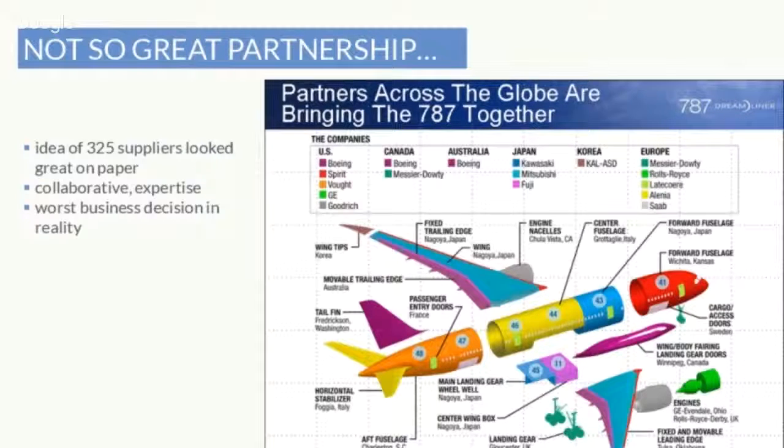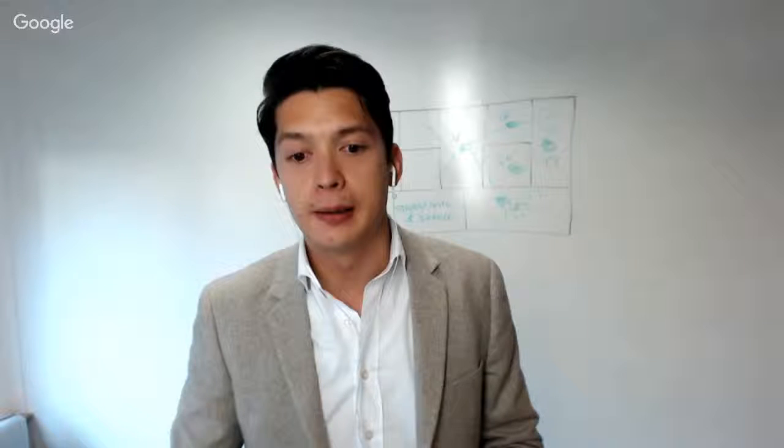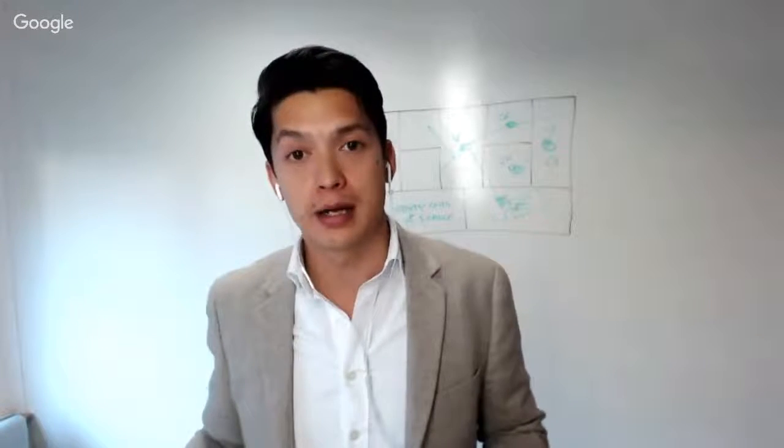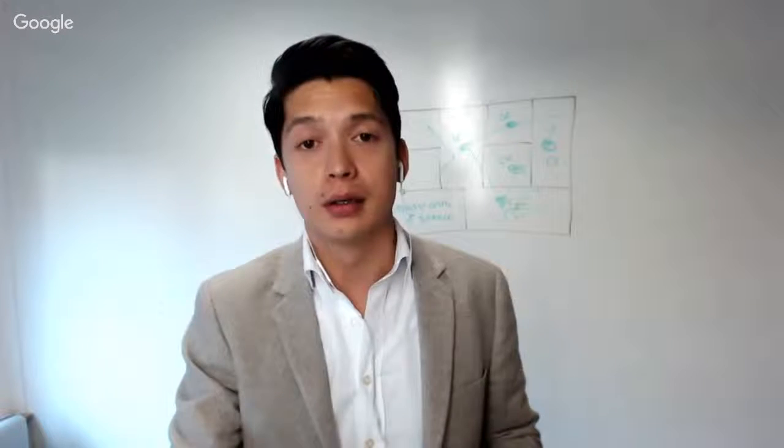So again, what you see here are all these different components, from the central fuselage, from the engine parts, from the wingtips, built in Italy, South Korea, Sweden, stuff like that. It's a really interesting business case to read more about. But in the end, there were more than 325 suppliers for all these different components. And the idea looked great on paper. From an Excel spreadsheet point of view, this was a perfect exercise to do it that way. In the end, like I said, there were over 300 suppliers working on different components of the Boeing 787.